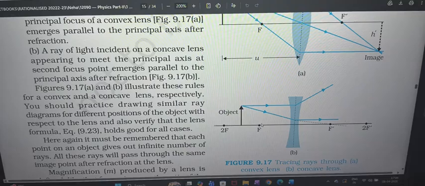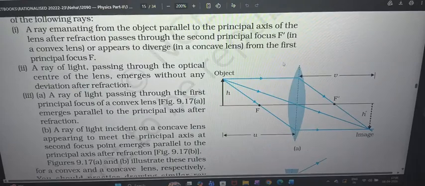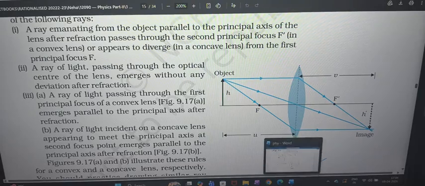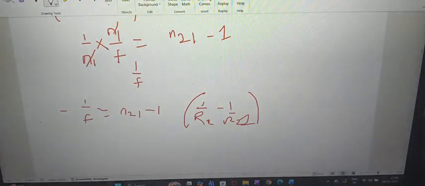Now because left side we are considering, it will be considered negative. This is a concave lens, that's why principal focus is going to be negative. But here if I take a convex lens, parallel through focus, we are focusing on this right side principal focus only. So the focal length will be positive. That is the first reason why I am writing negative 1 by f when it comes to concave lens.